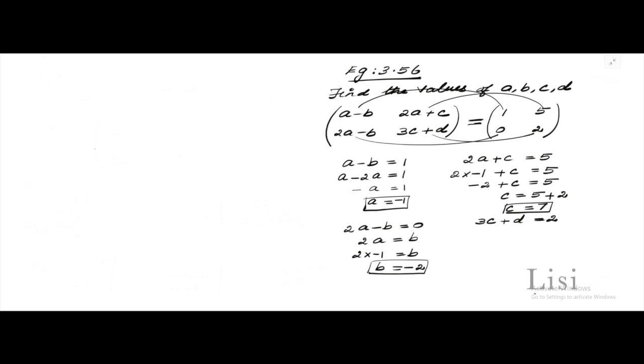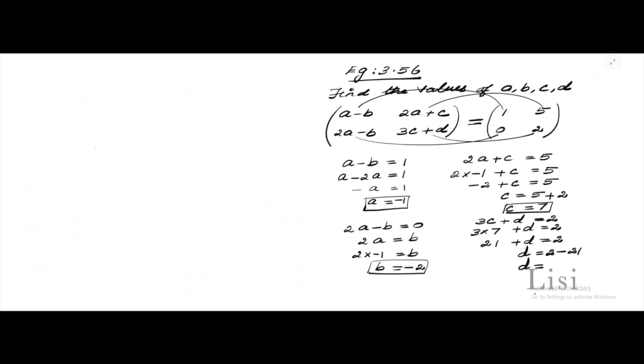And come over here, C and D, you know the value of C, isn't it? You give that value, 3 into 7 plus D is equal to 2. So 7 3s are 21 plus D is equal to 2. And now D is equal to 2. Take this 21 to the other side, becomes minus 21. And now what is your D value? Plus 2 and minus 21, isn't it?